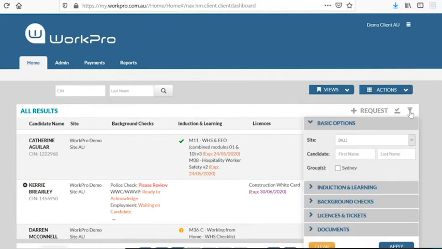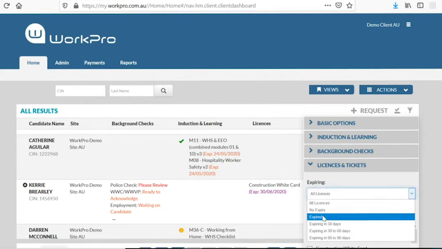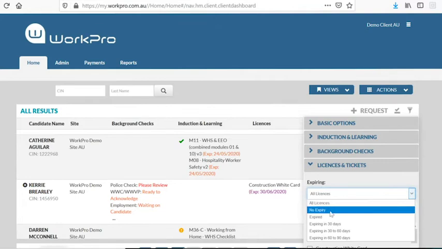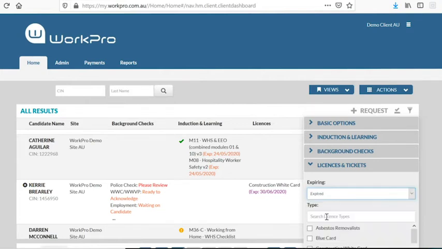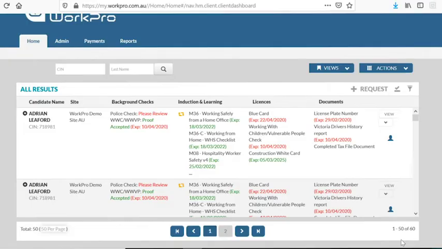Within WorkPro, we've got a filtering functionality here. So if you at any time wish to run a report on and show through a CSV format all of your employees that actually have a license that's either expired or coming up to expiry, you'll find this within the filtering section within WorkPro. And again, if I was to say going across my workforce, show me all of my people that have actually got an expired license, you can come in here, apply that across the group, and it will then show you